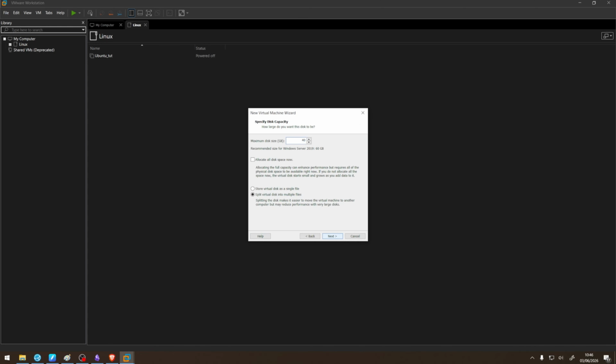Okay, and now you can use the standard evaluation, which brings the command line only. However, we will be using the GUI because most people use the GUI in industry. So yeah, then we go next. Yes, next. Custom install. Yep, next. And now as that's installing, we will start to prep our next virtual machine, and that is going to be